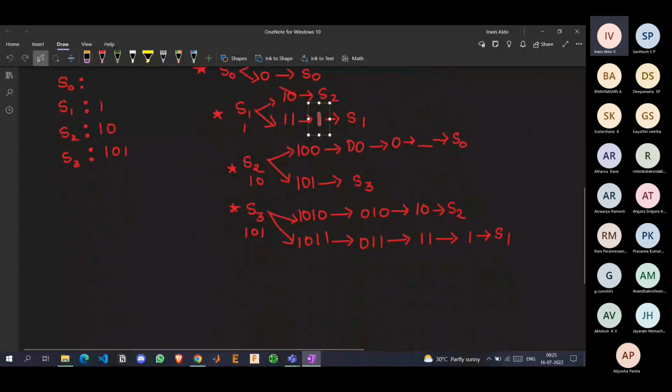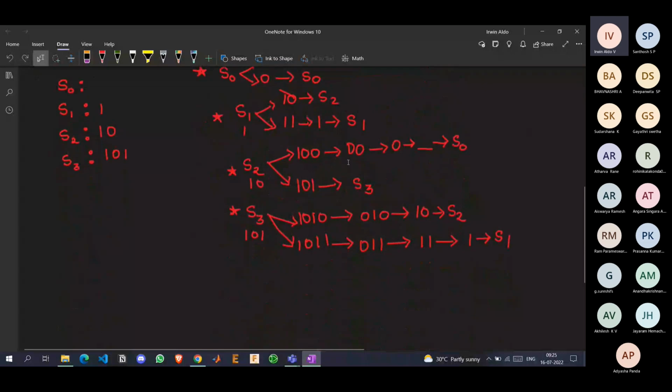We will see about S2. The two possible paths in S2 are 0 and 1. If we put 0, it will become 1, 0, 0, because in S2 we already have 1, 0, right? In the case where we give 0 as input, go and check whether we have a state for 1, 0, 0. No, right? Now I'm dropping the leftmost one and considering only the other two values,